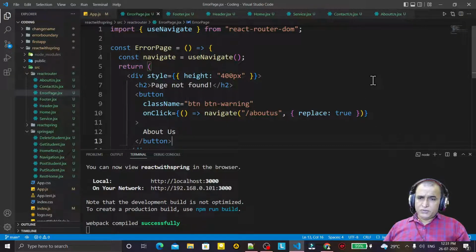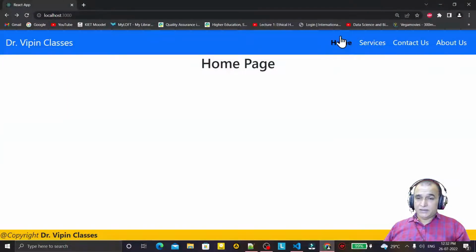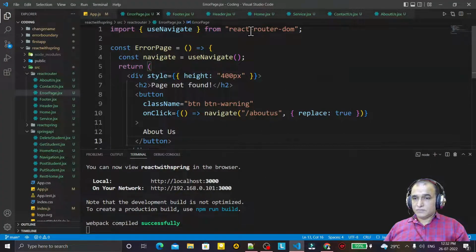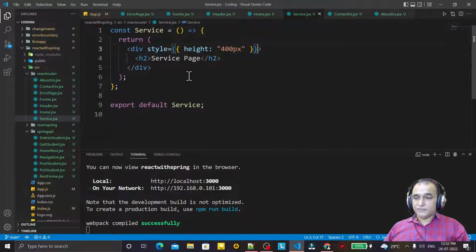In this video, we are going to learn about nested routes. Suppose that in this service, we are providing some other services and we want to open the nested URL within this page. Just open this service page and here I say